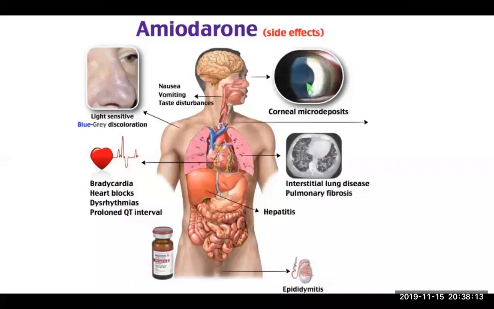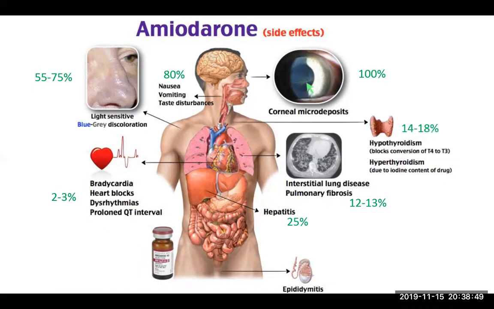But nowadays, a lot of side effects of Amiodarone are known, affecting actually all organs in the body. It affects even the heart, can cause bradycardia or heart block or arrhythmia, and may cause prolonged QT, and also can cause nausea and vomiting and taste disorders. Of course, 100% of our patients complain of corneal microdeposits from Cordarone or Amiodarone. The lung can be affected, the liver can be affected and cause hepatitis, and even the testes can be affected by Amiodarone, but the most important one is the thyroid gland.